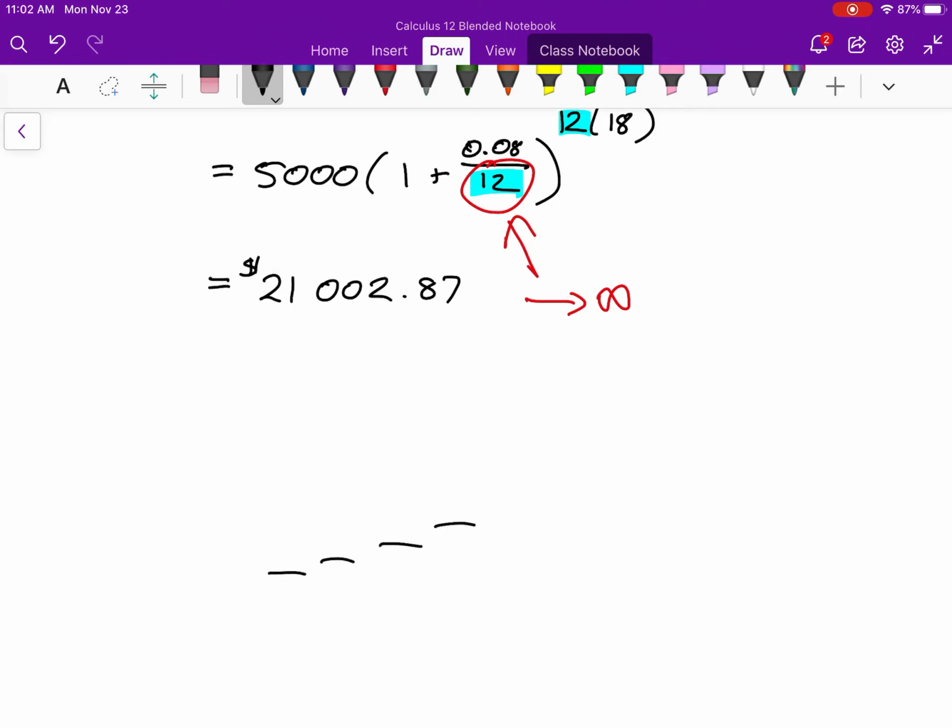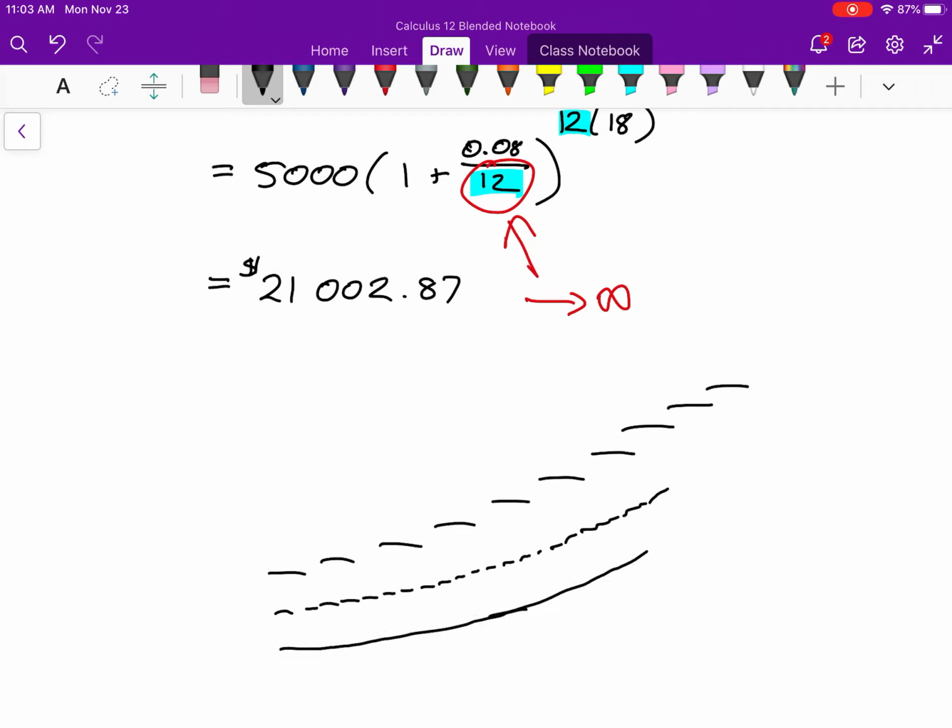compounding yearly, you have these steps. If it's compounding monthly, you just have more steps, closer and closer to each other. If it's compounding continuously, it is continuous. There are no steps. It's a continuous curve. And while it sounds kind of strange, this idea of something growing continuously, it's actually the easiest to visualize. If I wanted to show some sort of growth of anything,